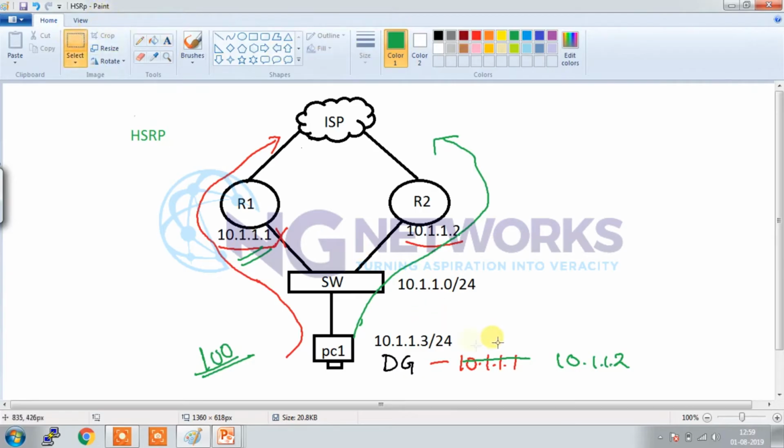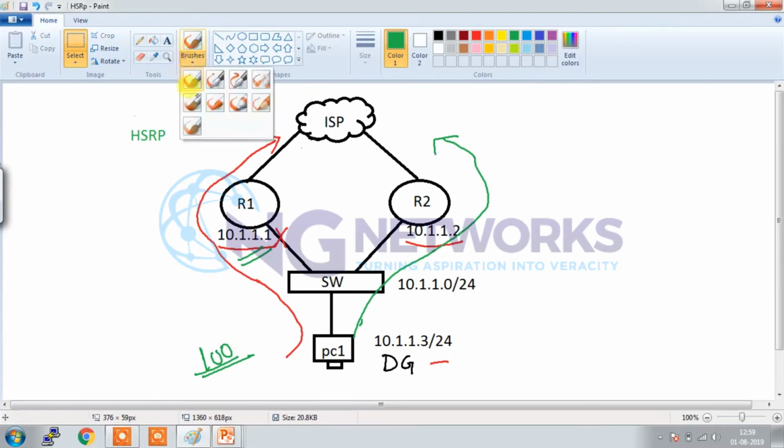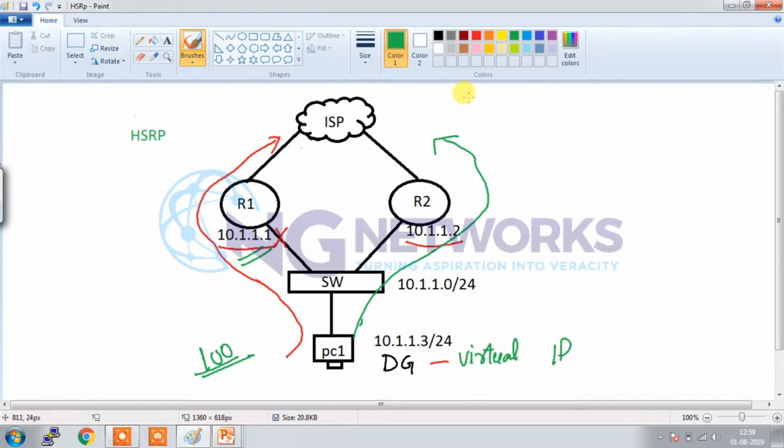Instead of configuring the gateways as .1 and .2, we will use a virtual IP as the gateway. How will this virtual IP be created? We have to enable HSRP on this and this particular port, and we have to define a virtual IP.